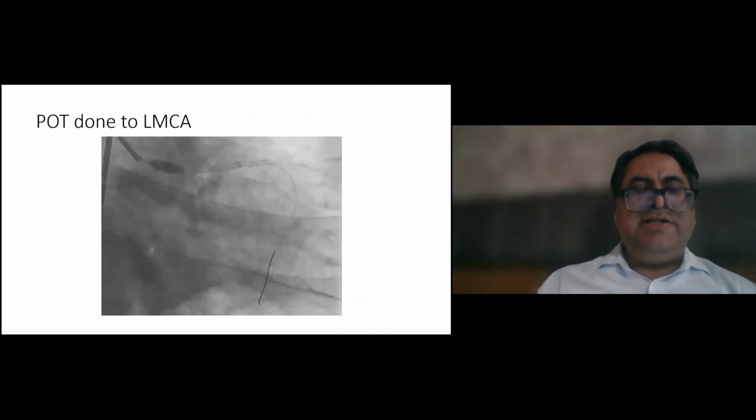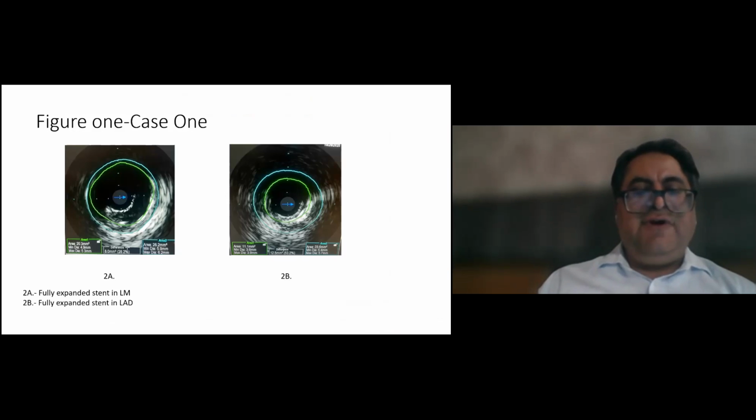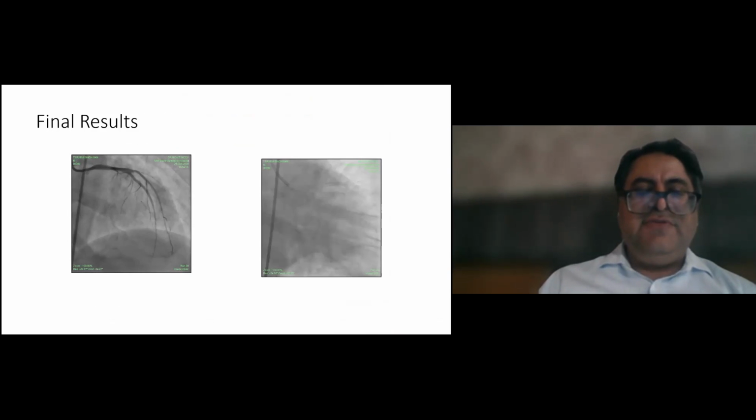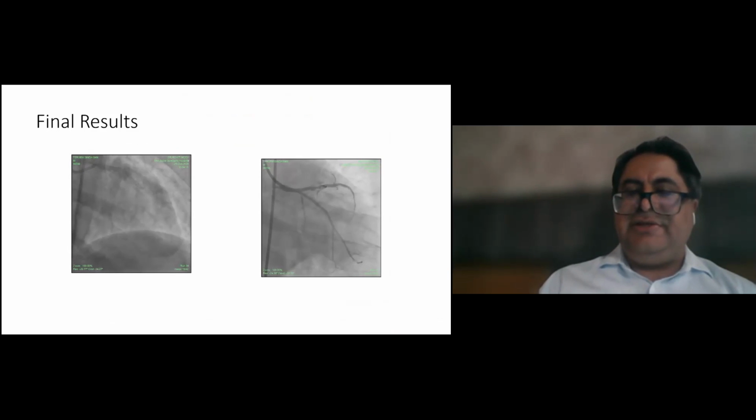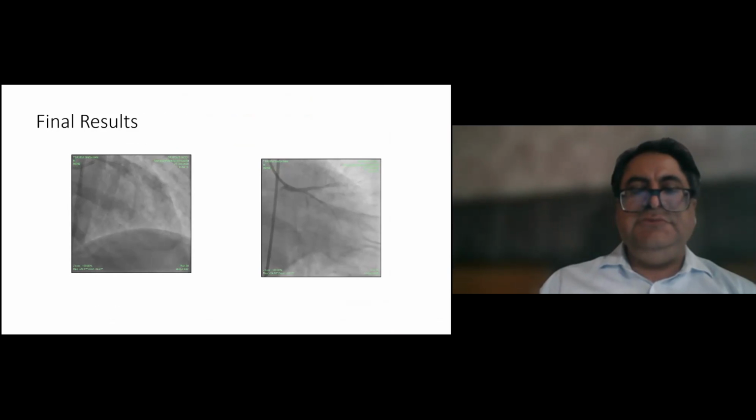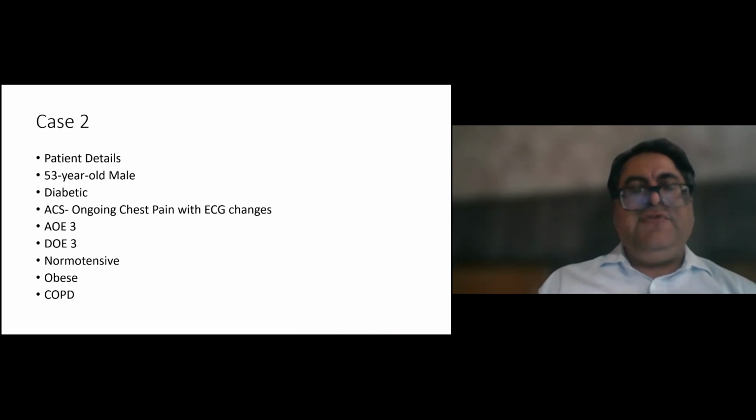This time, again, the position of the POT is important. It has to be more proximal than the previous POT, which was done in the left main. And this is the final expansion of the fully expanded left main and fully expanded stent in the LAD. And this was the final angiographic result. This first case we did with the TAP technique with minimal protrusion of the LCX stent into the LAD